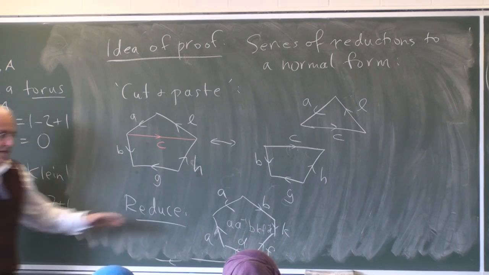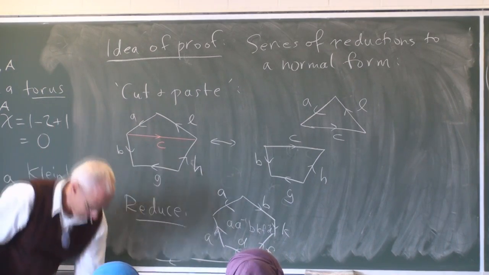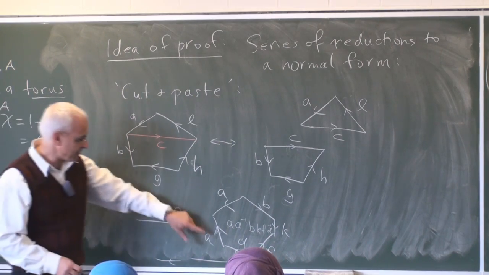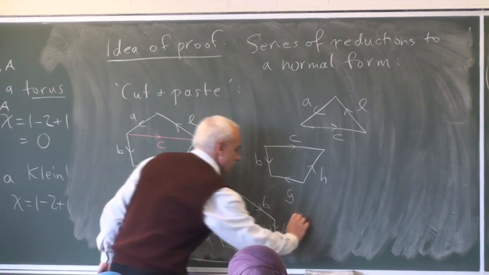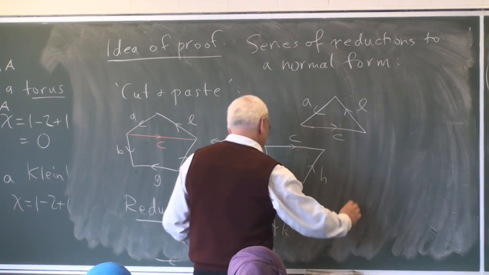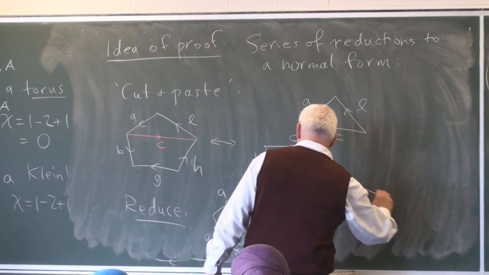Now, if this was group theory, the A and the A inverse should cancel. And that's also what we want to do in this case. So how are we going to cancel these two A's? We're going to just think about replacing this one with a slightly modified one. Perhaps it's easier if I redraw it.